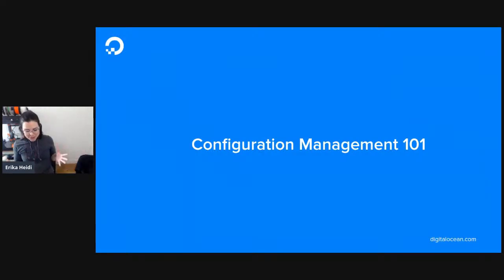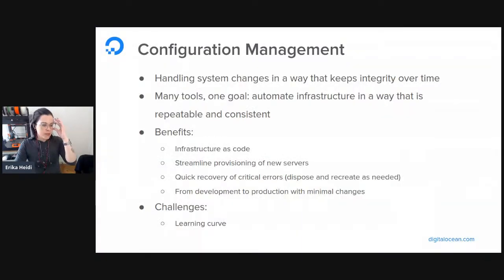We have a lot to cover today. So we start with configuration management. So what is configuration management? So in a nutshell, configuration management is a way to handle system changes in a way that it keeps integrity over time. So it's a term that comes from other industries, but in server configuration management, we are talking about maintaining server integrity over time and finding ways to automate setting up servers and making sure they reach a certain